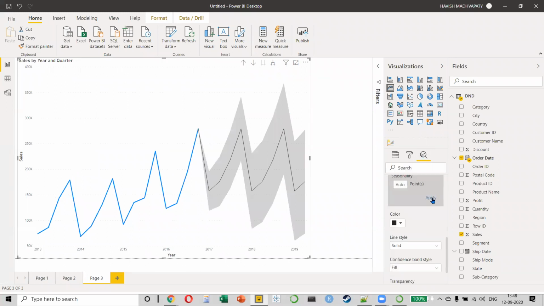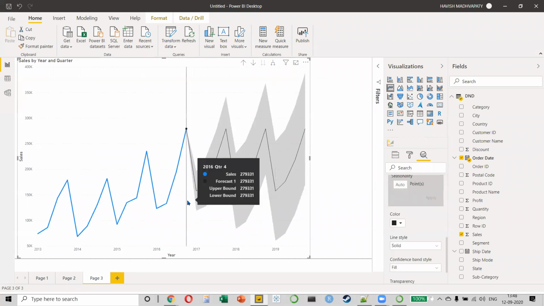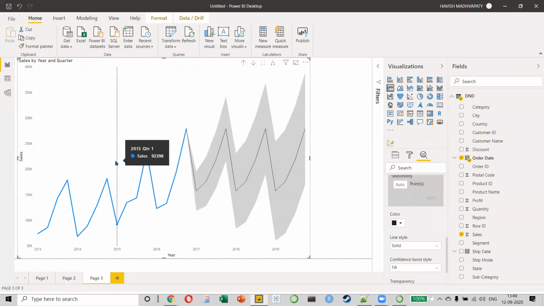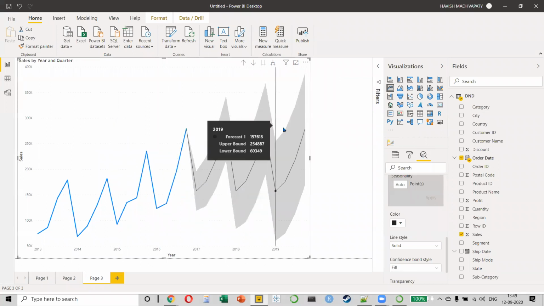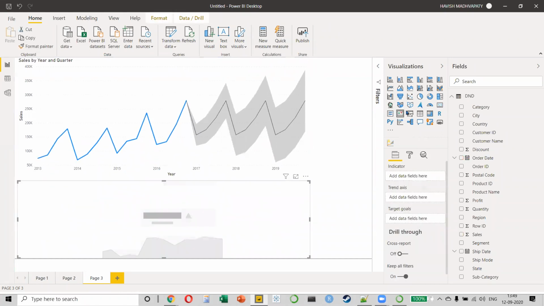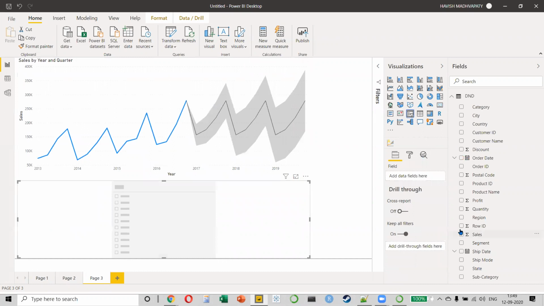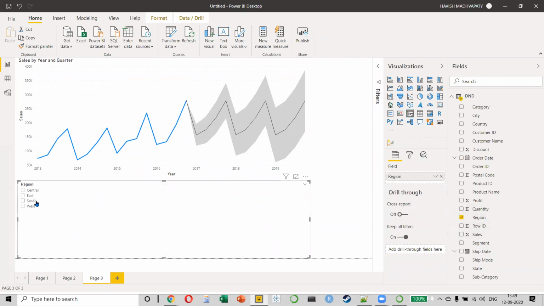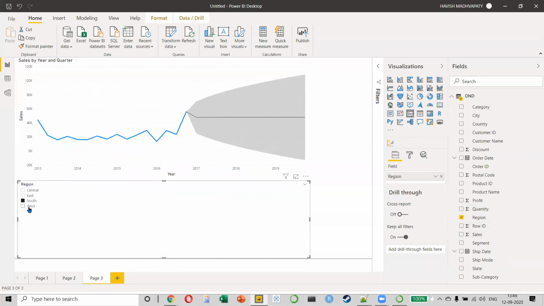Like I said, 18 out of 20 times my client will be happy with this. 90% of the clients are happy with this forecast. They don't mind it. I can make a slicer for my region, and whichever region I click on, I can see different forecasts for that region.